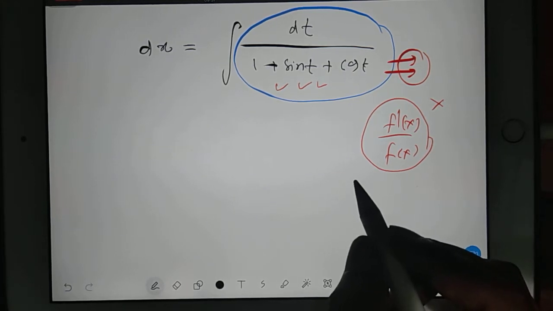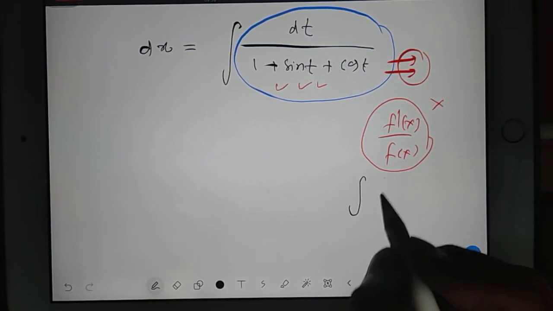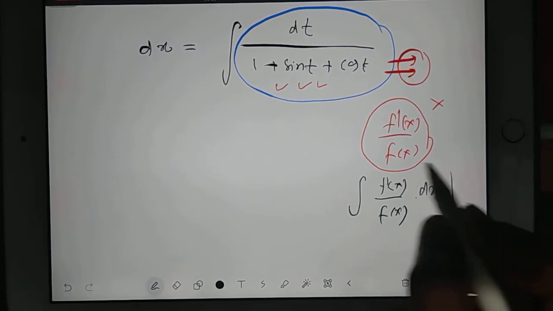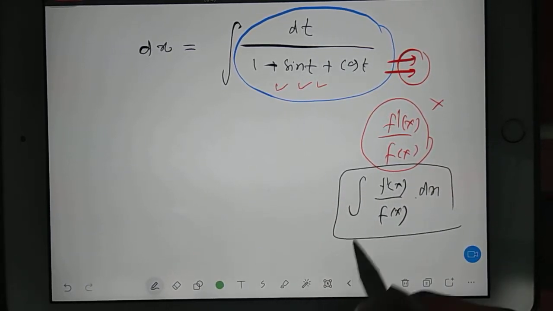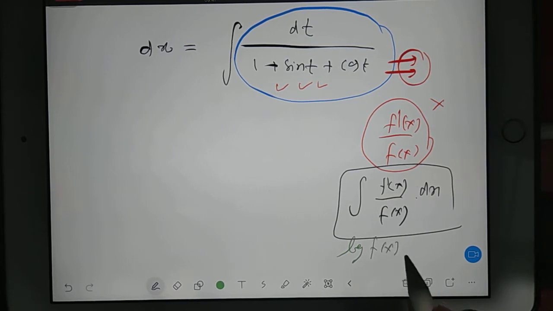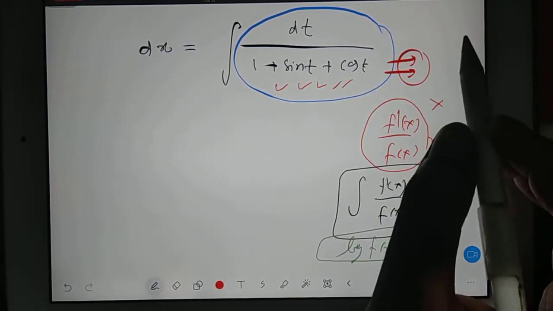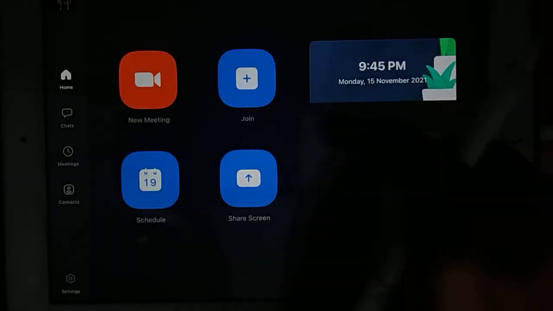If you remember, there used to be a rule like if integration of f dash x by fx into dx, this kind of format is there in the integration, then your answer used to be log of fx, right? You remember this kind of concept used to be there. So whenever you have denominator with sine cos like this,